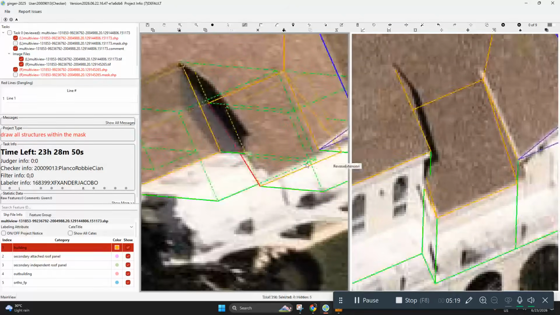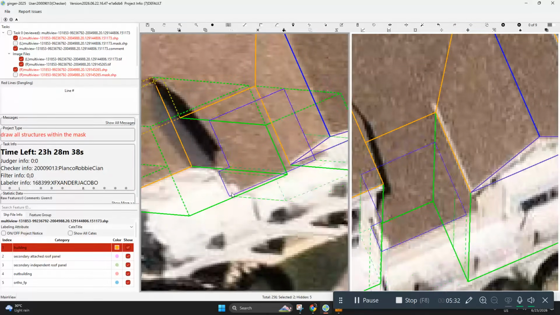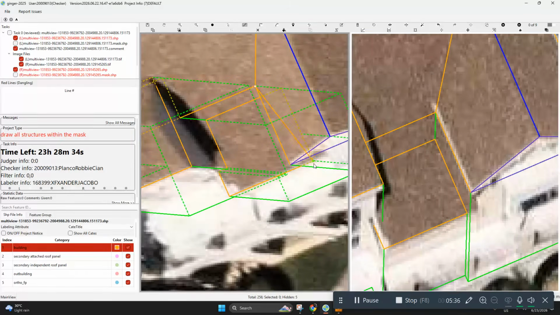Draw it like so, and then we will just use autofix later.